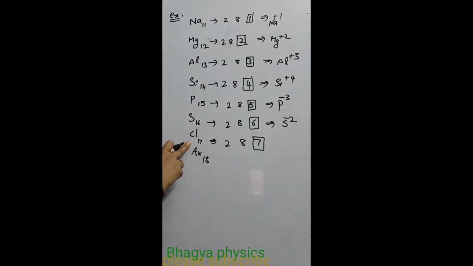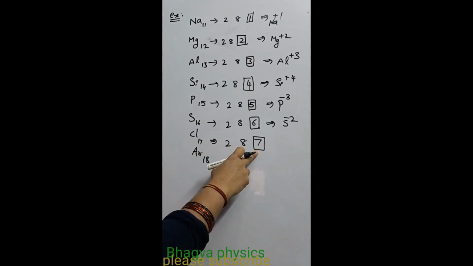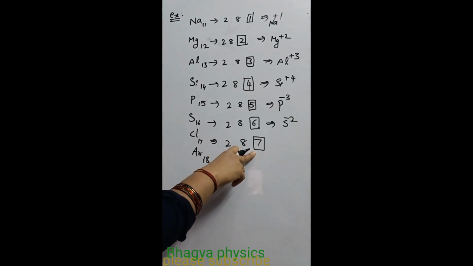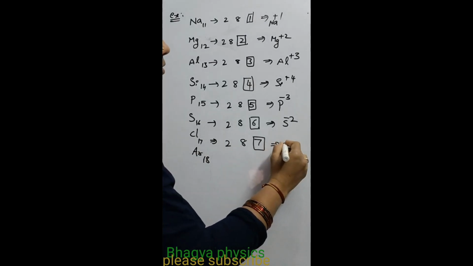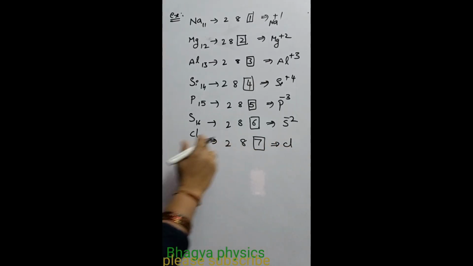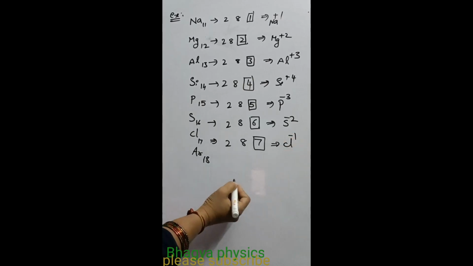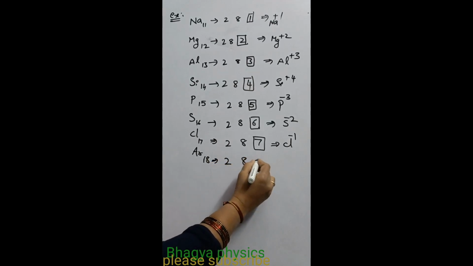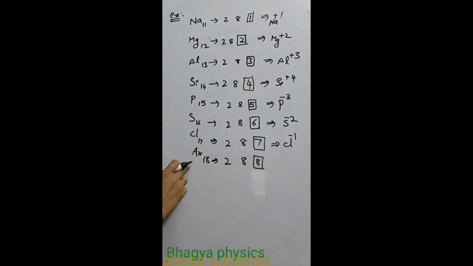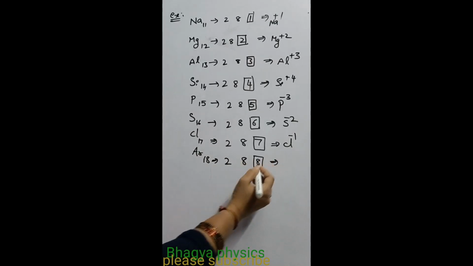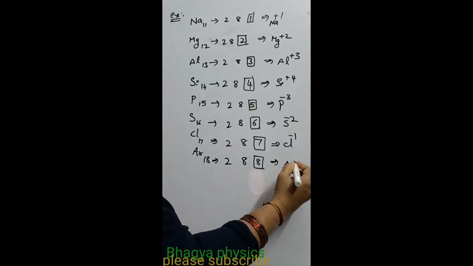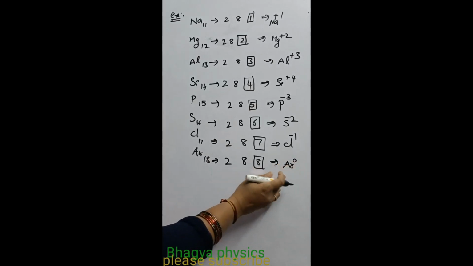Chlorine atomic number is 17. The arrangement of the electrons in chlorine is 2, 8, 7. 7 valence electrons are present in chlorine. Instead of donating these 7 electrons, gaining 1 electron is very easy. So chlorine has minus 1 valency. Then argon 2, 8, 8. So 8 valence electrons are present in argon, which is an octet. It already has stability. It doesn't react with any atom easily. Argon valence is 0, which means it is a stable atom.